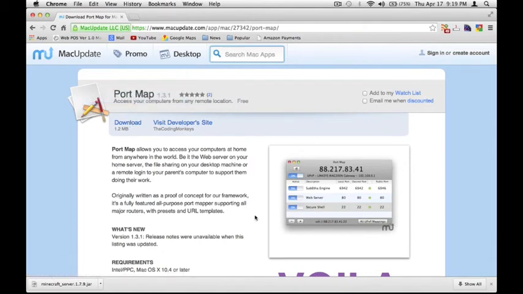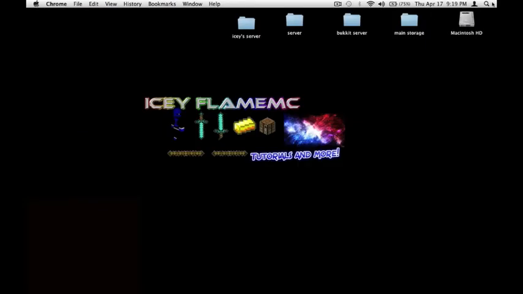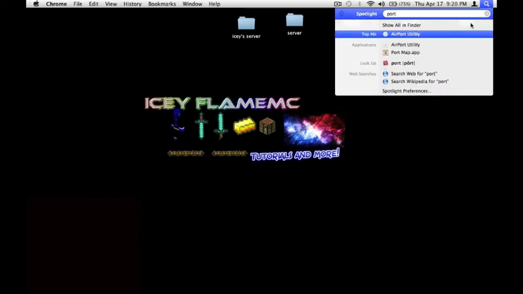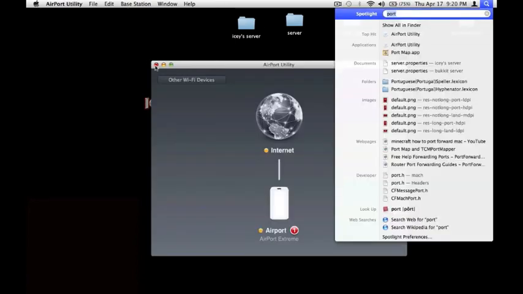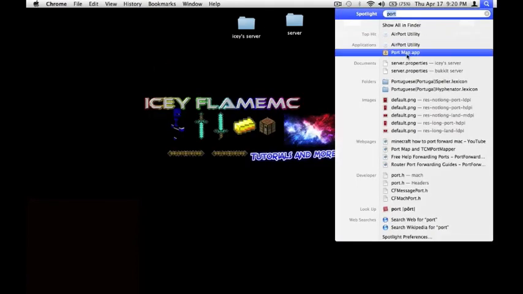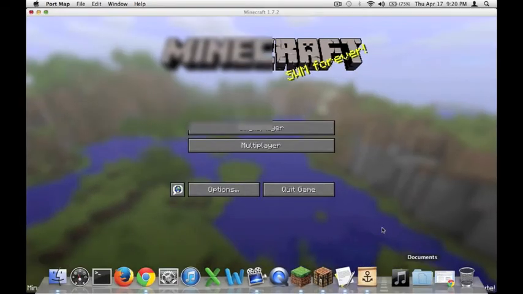Download PortMap. Once you have PortMap downloaded, and I already have, you're going to want to open it and go to PortMap. Okay, why did it do that? No. PortMap, and it's going to open up. And right here is going to be your IP to your server, and you just give this out to your friends, and that's the IP they see. And then this is your local port. It could matter, but you don't really need to know much about that for this kind of server. And you just take this IP, you can put it into your Minecraft game,